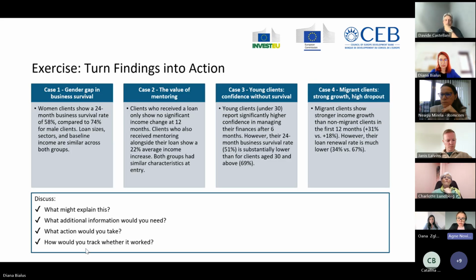How would you track whether it works? So yes, what action would you take? Exit interviews, then retention initiatives at the end of the contract to attract them back. Also, if it's a language barrier and the customer number is high, then we can hire a new sales manager who can talk in their languages. And the fourth question is, how would you track whether it worked? Renewal rate trend and pulse surveys. So I think so. That's it. Maybe some of my group could add something.